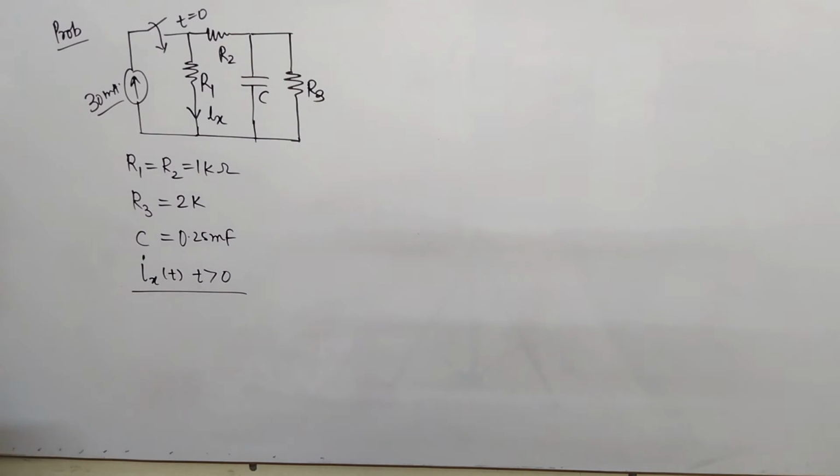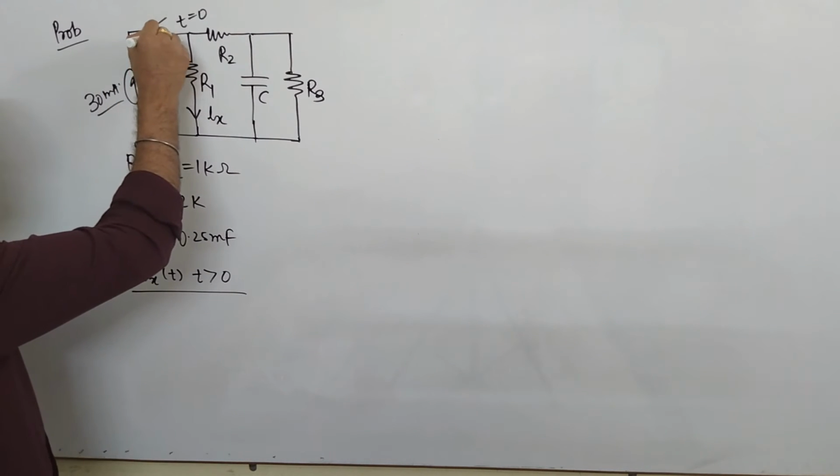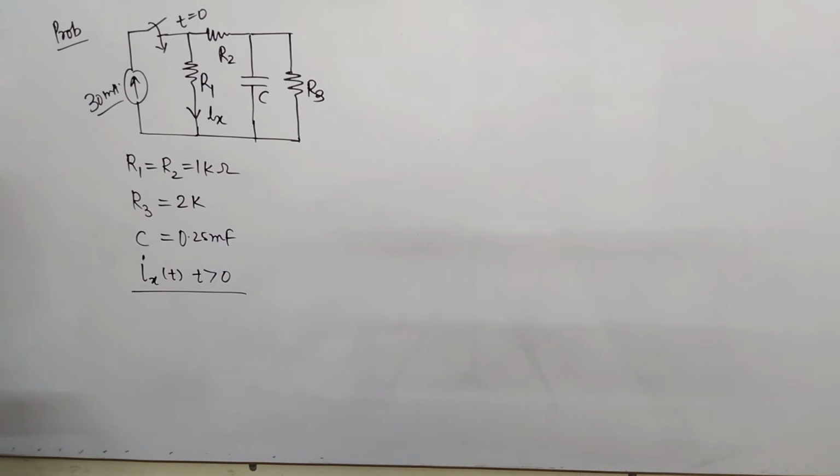So this is your next type of problem, friends. Again, a good problem. In this problem you have to find the solution for i(t), very important. Here this is your network: R1, R2 is 1 kilo ohm, R3 is 2 kilo ohm, C is 0.25 millifarad. Very important, it is in millifarad. The condition of the switch is such that at t equal to 0 the switch is going to be closed. That means at t equal to 0 negative the switch is open, and from here you can easily analyze that.